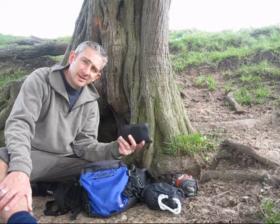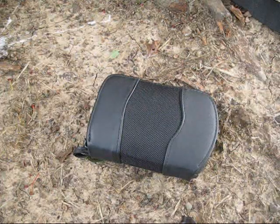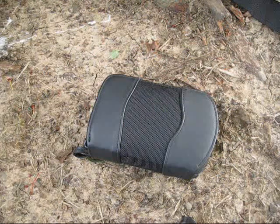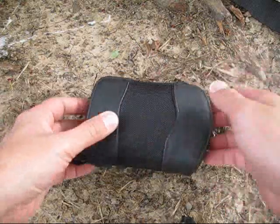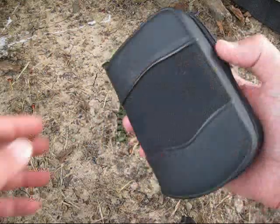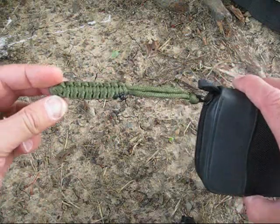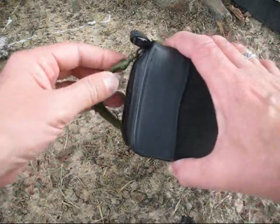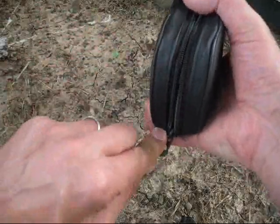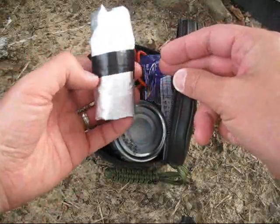So what we'll do now is we'll have a look at the little cook set and see how that performs. Right, so this is my new grab bag cook set, which is very, very small. You can see there, fits in the palm of my hand, relatively small. I've got a little lanyard on there that I've made using cobra stitch, another little skill I've learned recently. And in here we have a little bottle of mess in there,